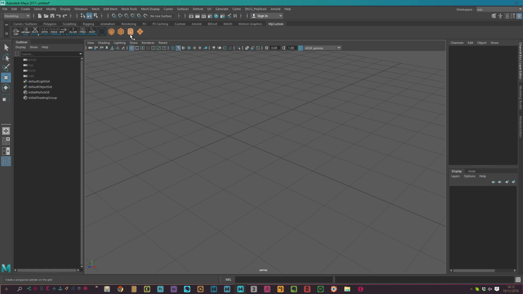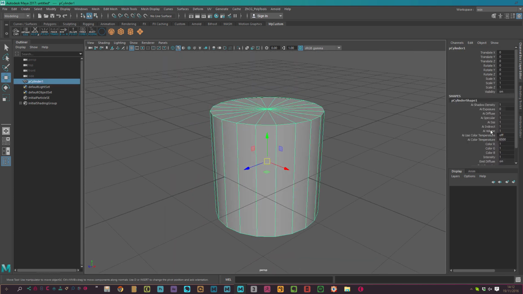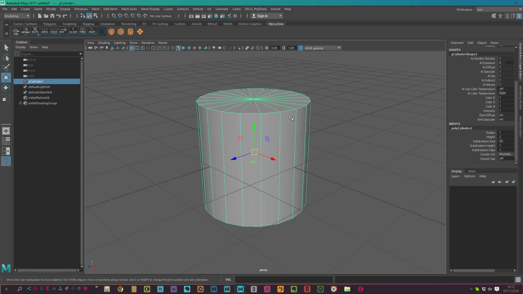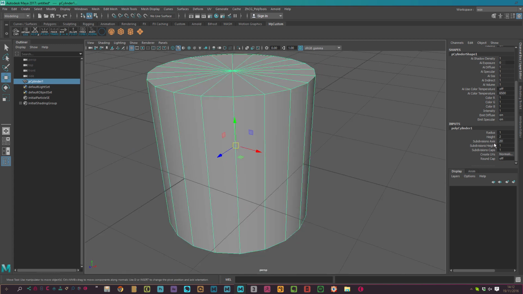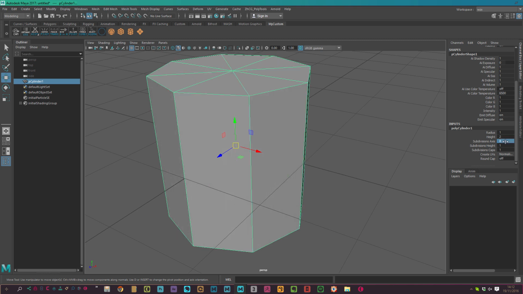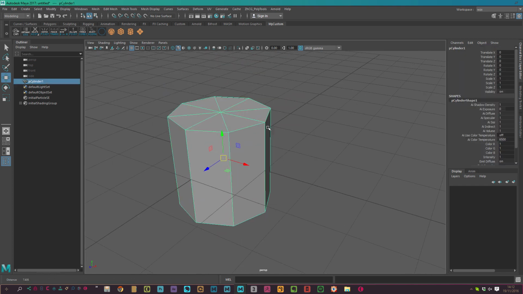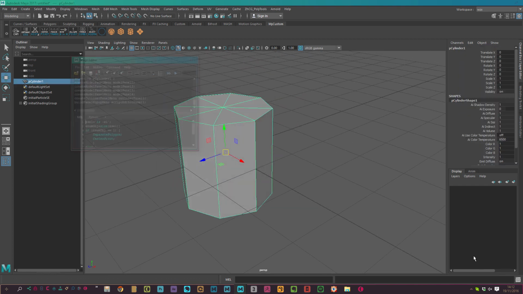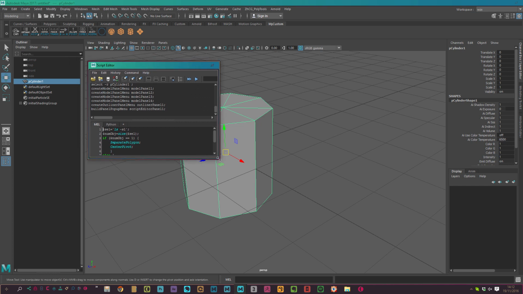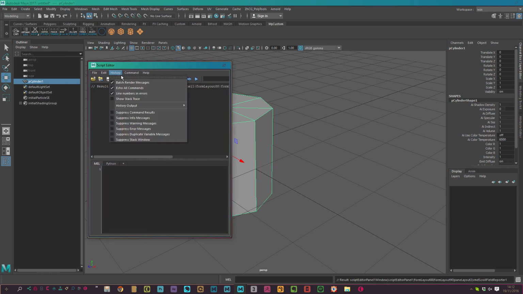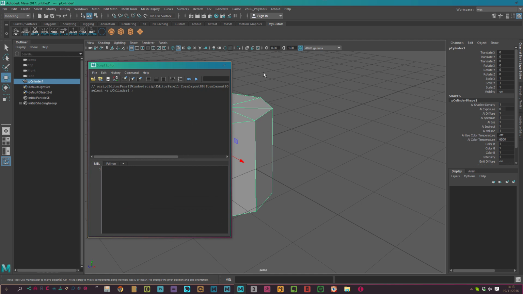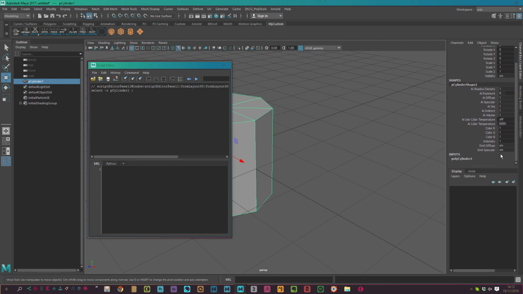I will make some custom ones, because here if I click, by default I have 20 subdivision axes. Okay, I need to switch between 8, 12, 16, etc. So in order to be quick, I will just come here, clean that, history, echo all. Okay, I will change, for example,